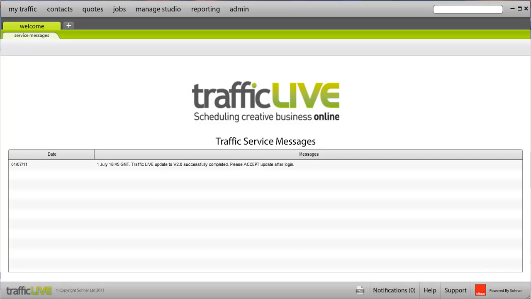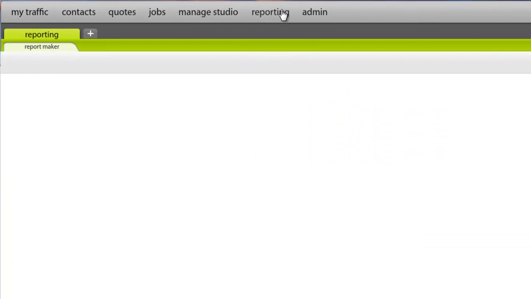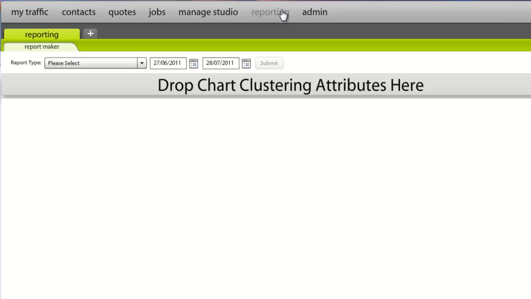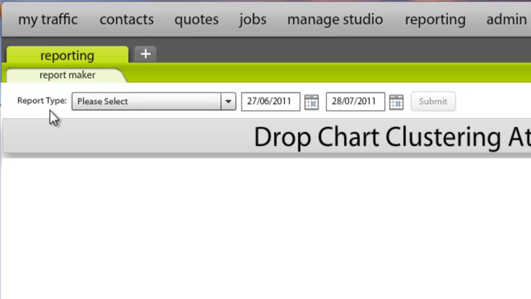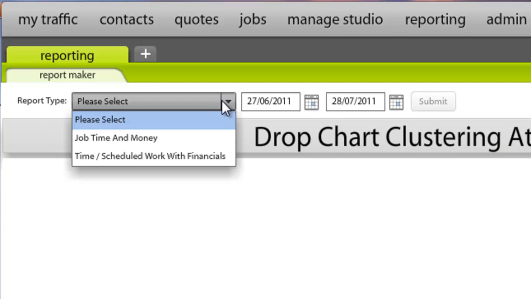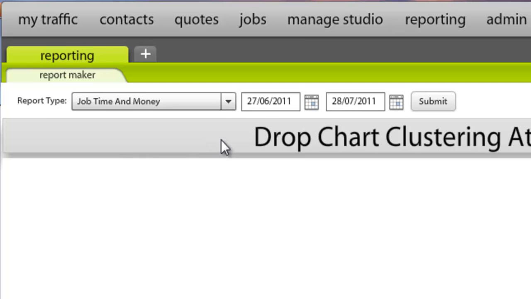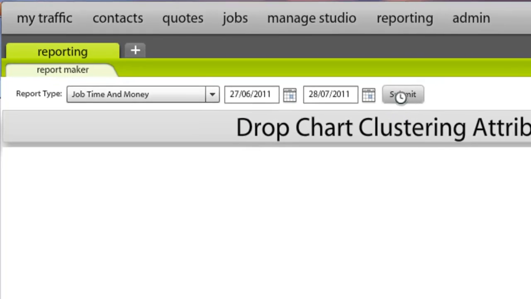Going into Traffic Live, we need to go into the reporting module in order to access the reporting functionality. To do this, you simply click on reporting and then work from left to right. So here I choose the report type from the drop down list. I then choose the date range that I wish to search through. Once I'm happy, I hit submit,